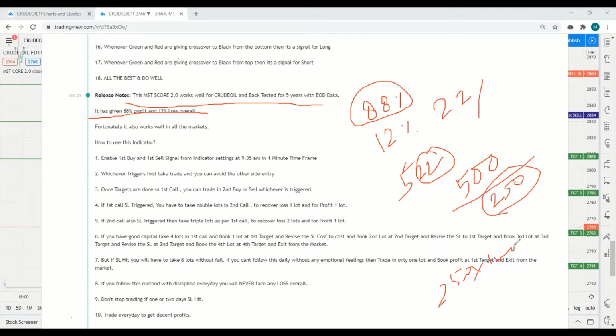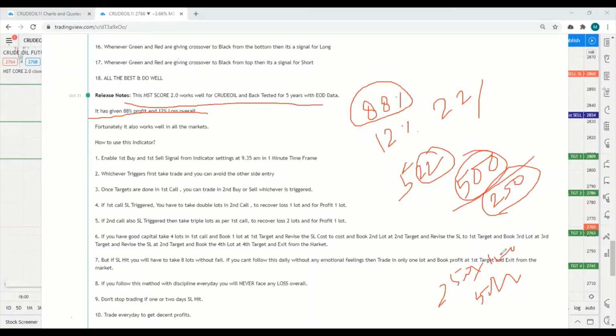crude oil trade. I think it is sufficient for everyone. You invest 2 lakh rupees, take 2 lots initially, and double your profit to 50,000 rupees per month. It becomes your salary. But actually we are getting 500 points. So I'm telling for the least case, even if you are getting 250 points monthly, you will get 25,000 rupees